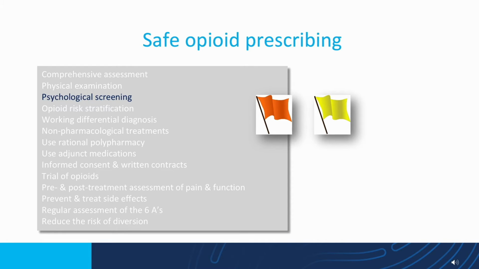So examine the patient. Do that psychological screening that we touched on previously. What are the orange flags? What are their psychiatric problems? Substance abuse, PTSD, high levels of distress. Now, if you're going to get somebody with high levels of distress, PTSD, and opioid, they may end up taking it not for their pain, but to cope chemically. So opioids are then used for the wrong reason, and you can go down the misuse route. So patients end up taking opioids to manage anxiety.